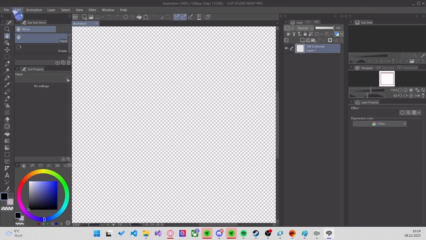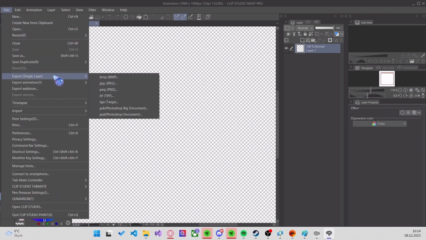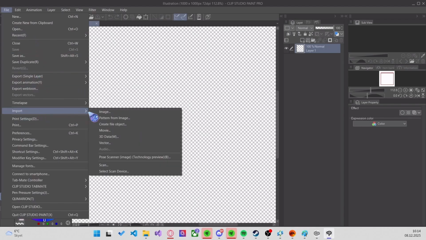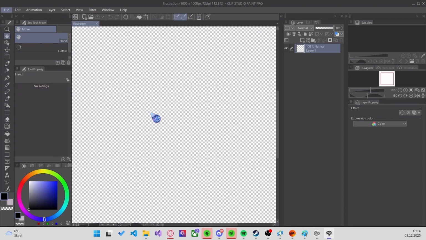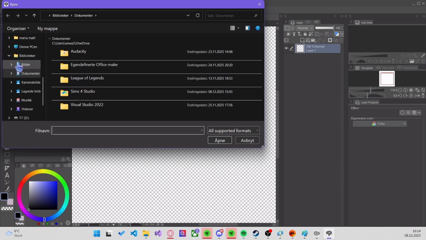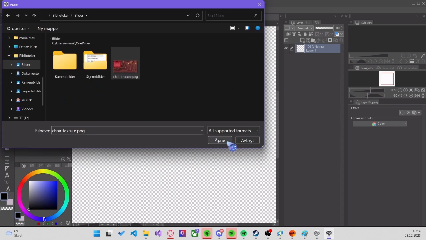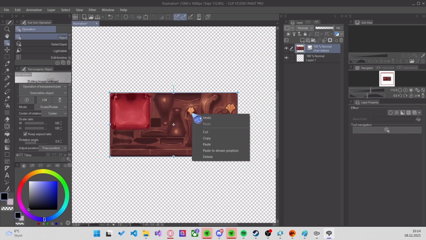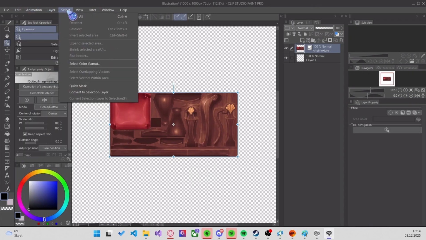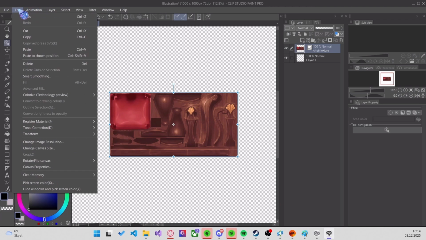Now for this demonstration I will be using Clip Studio, so we go to File and Export Singular and then hit PNG because our image is a PNG. We can also go to Import and then Image and then pick our PNG from there. So here it is. Now it's important that the file size stays exactly divisible or like to the power of